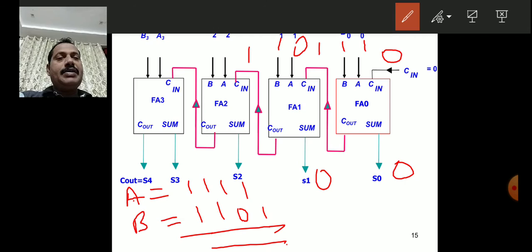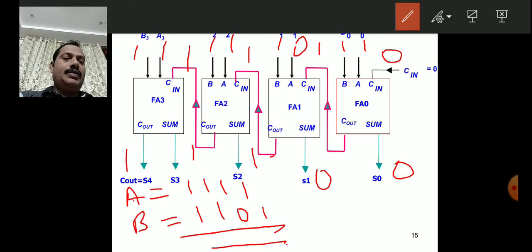Here next bits are 1 1. 1 plus 1 plus 1 are, sum is 1, carry is 1. Next bits are 1s. 1 plus 1 plus 1 are sum 1, carry 1. So these are the different combinations. Similarly,